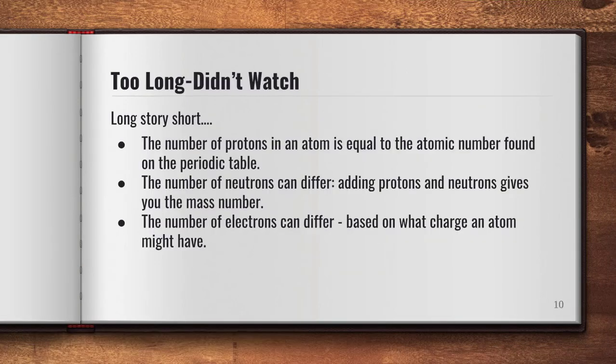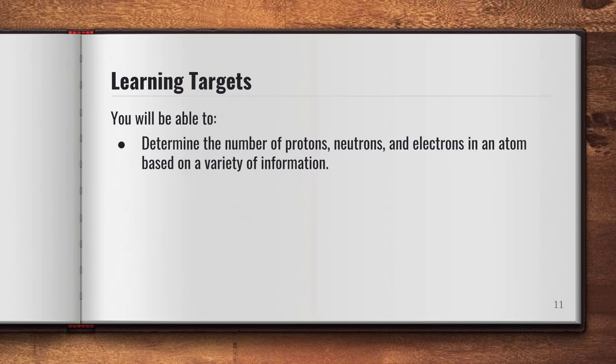So hopefully now you understand that the number of protons in an atom is equal to the atomic number found on the periodic table, that the number of neutrons can differ, and by adding the protons and neutrons we get our mass number. And the number of electrons can differ as well, and that's based on what charge an atom might have. So hopefully you're able to determine the number of protons, neutrons, and electrons in an atom based on some information. Again, hopefully this makes sense to you,